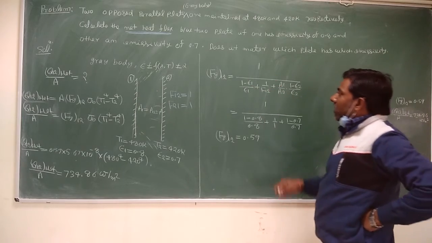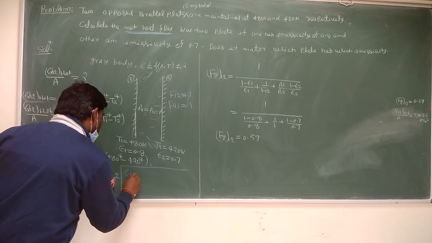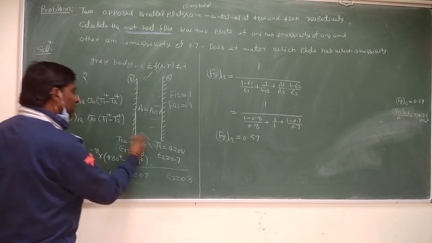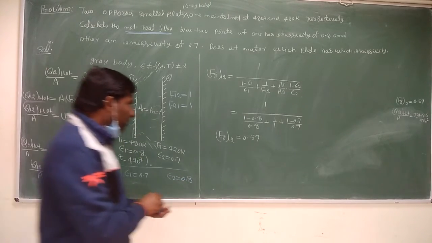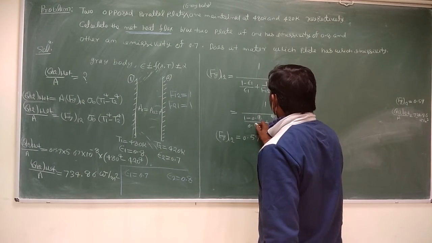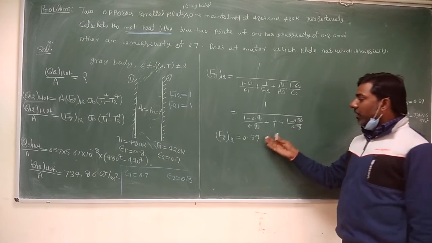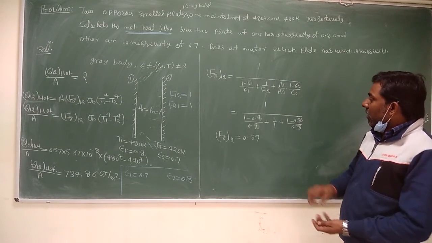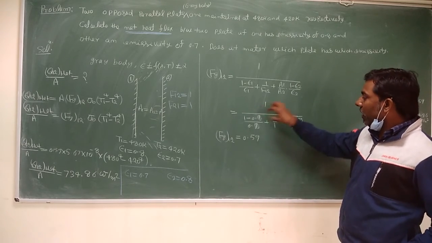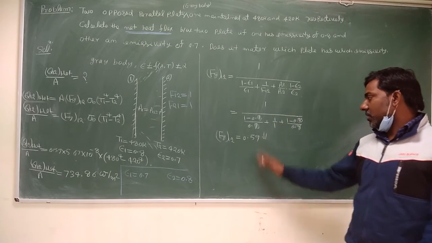If I take epsilon 1 equal to 0.7 and epsilon 2 equal to 0.8, let us exchange and see whether there is any change. Then there will be 0.7, 0.7 and 0.8, 0.8. You can see that there will be no change. Just this term and this term have exchanged with each other. What was here has gone there, and what was there has come here. There is no change. Still you will get the gray body factor as 0.59.